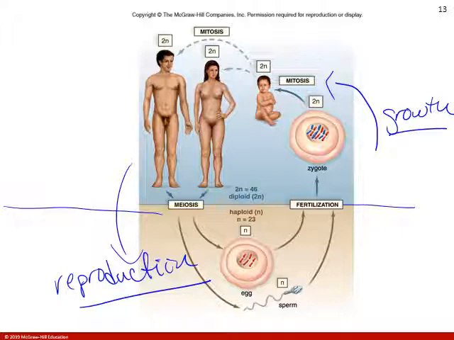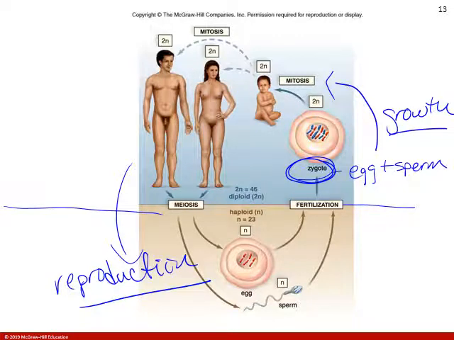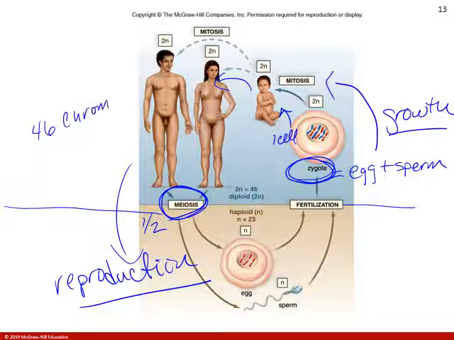So for humans, if we're growing, we grow from one zygote, when the egg and the sperm unite. So egg and sperm unite, fertilized egg, zygote, same thing. And this one cell has to grow up into an embryo, then a fetus, then a child, and then into your adult form. And when you're in your adult form, you're going to do meiosis, which means you have your chromosome numbers. So we have 46 chromosomes, abbreviate there, in all of our cells, except for egg and sperm, where